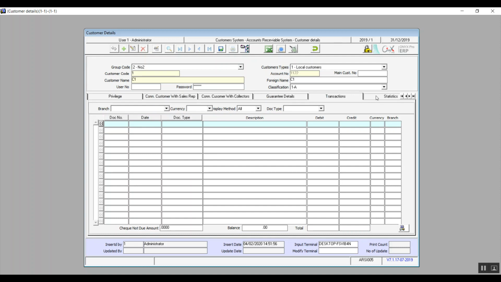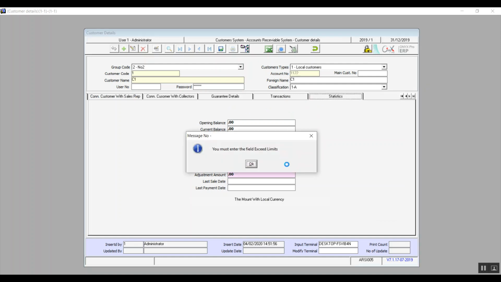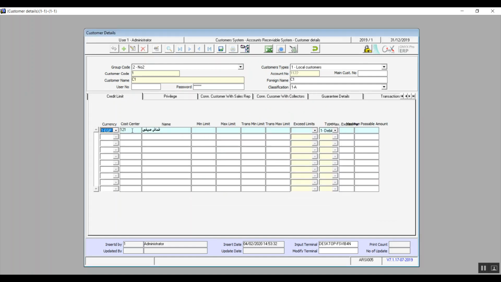And in Transactions, you will see the history of the transactions that happened on this customer's account according to the settings or the filters that we chose from the branch, currency, display method, and document type. The last tab that we have is Statistics, and in this tab we can just view a summary of the transactions. We'll move on to the next screen, which is Customer Appraisal.